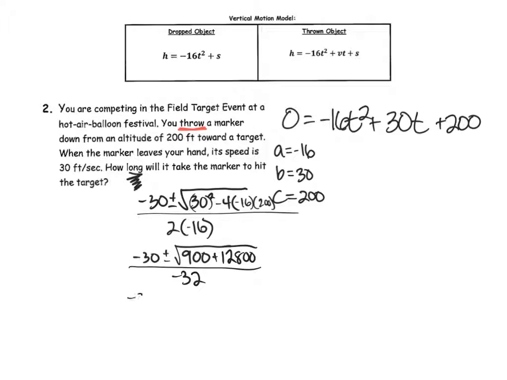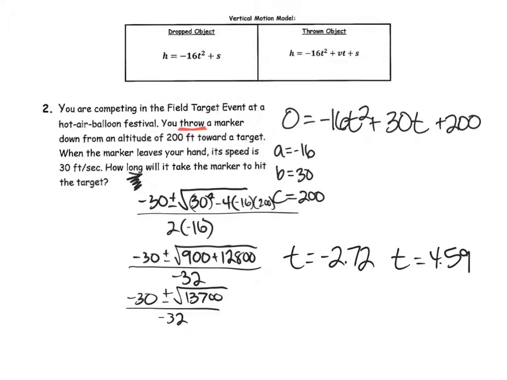All right, negative 30 plus or minus the square root of 13,700 all over negative 32. Okay, when you solve these two problems out, you'd have to enter it into a calculator. You are going to get that t equals negative 2.72 seconds, and that t also equals 4.59 seconds. Which is more realistic, a negative time or a positive time? Good. So, the marker will hit the target